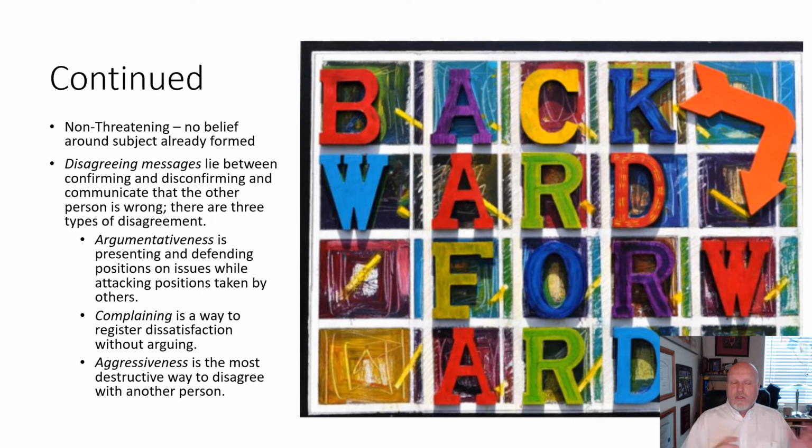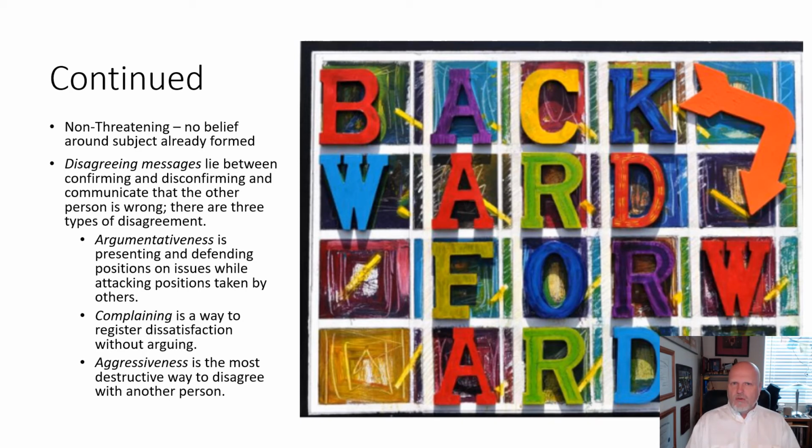Now, of course, there are non-threatening messages, which are around things you already have ideas about that aren't threatening to you. This could be something along the lines of, school is good for your future. Well, you're sitting in a class, so this is not a threatening message to you. On the other hand, if you're a person that doesn't like school and there's no way anyone would get you into a classroom, that can change based on your experience again.